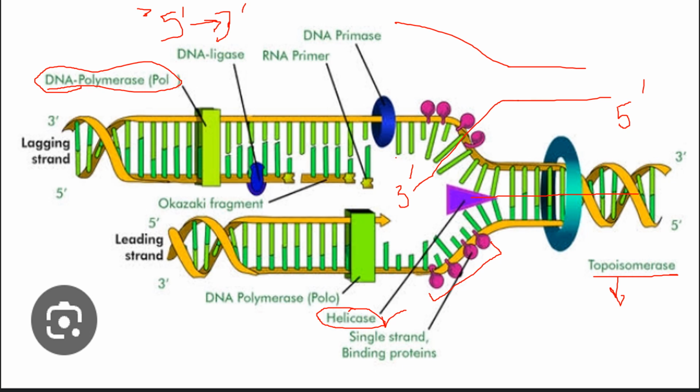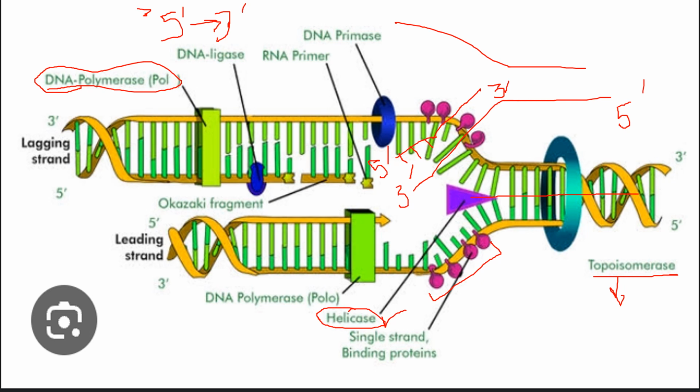DNA primase adds a primer here. This is your primer, and then the DNA polymerase does its work and elongates this primer and forms the new strand in 5 prime to 3 prime direction, meaning anti-parallel to the parent strand. This strand that is formed continuously without any obstruction is called the leading strand, while this other strand is